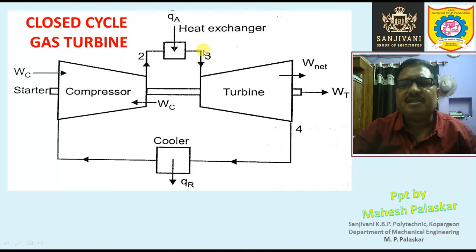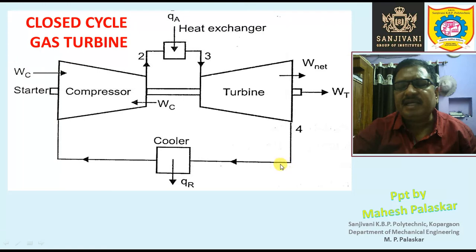of combustion, or you can say the products of combustion get mixed with the working substance, and this mixture will enter the turbine, it will expand in the turbine, and due to the expansion of this working substance we can obtain mechanical power from the turbine. And then the working substance will leave the turbine.